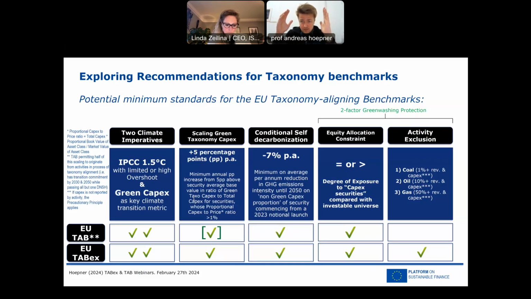On OPEX, there are certain ways to spend your money that just ain't green, but you still have to do it. On revenue, you have existing business lines that may not be green. To entirely get rid of all of the existing business lines while building new business lines that may not generate that much revenue yet is unrealistic. So we can target 100% green CAPEX. We can't target 100% green revenue or 100% OPEX. Revenue is backward looking, OPEX is somewhat backward looking, CAPEX is forward looking.